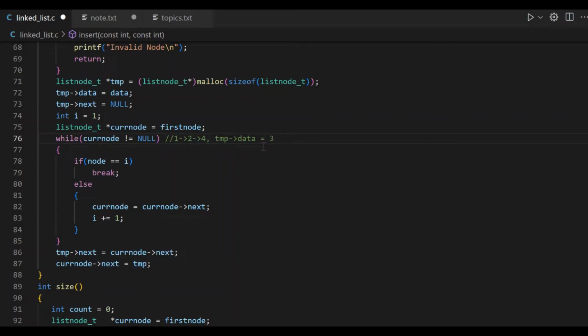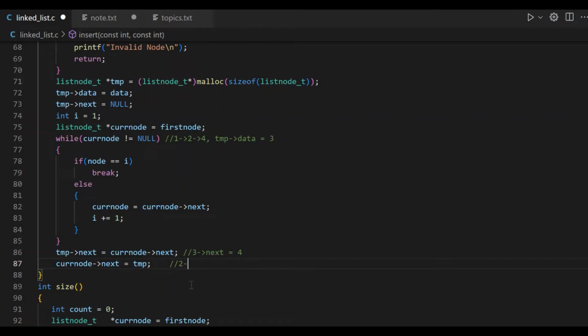we have 3 in the temp variable, and 3's next means we have 3's next. Here let me show you 3's next. 3's next will be, I'm just writing the data object, not the pointer. Okay, 3's next will be 4, and here it will be pointing, and now current's next, current is 2, and